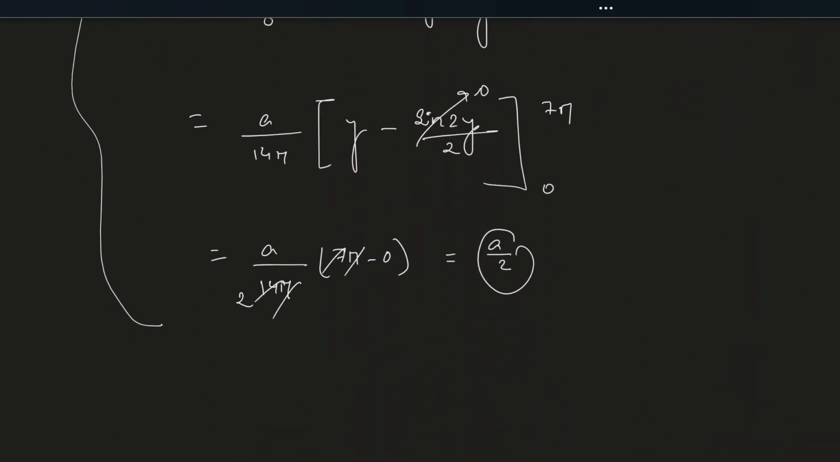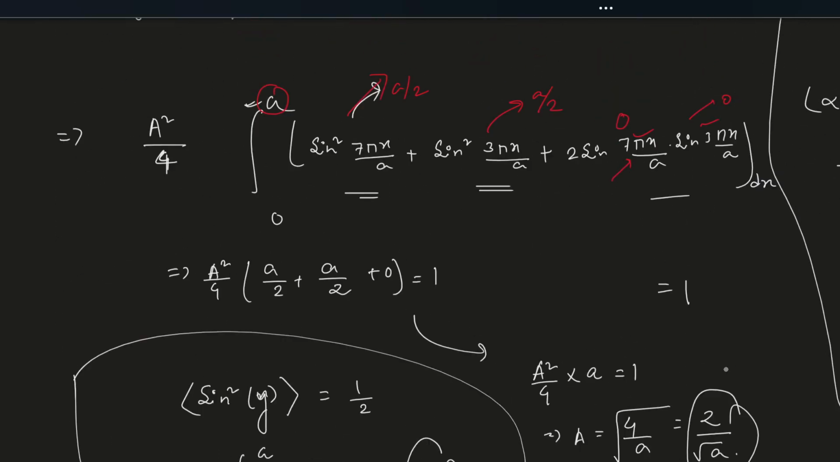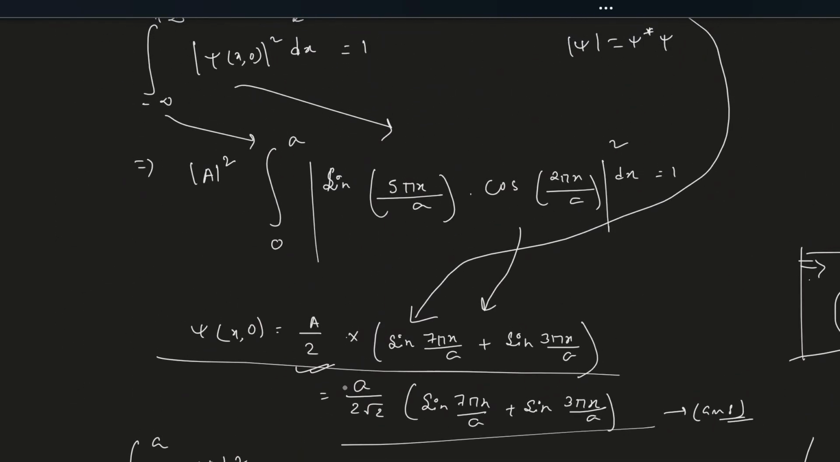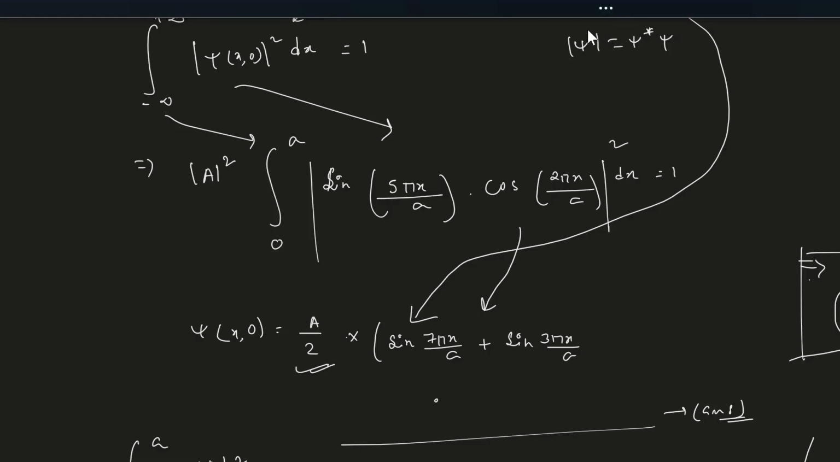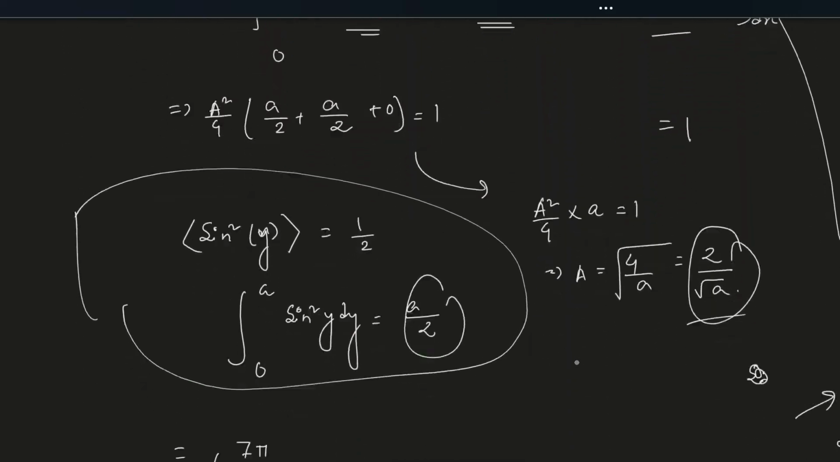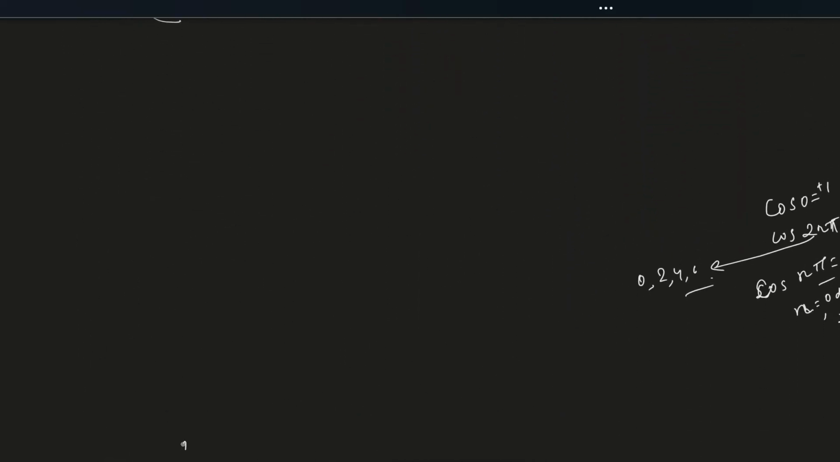Sorry, I have messed up again. So this is 2 by root over a. So this 2 comes on top and not at the bottom. My mistake, so let us redo it. Somewhere else, because it is getting too congested here. This is a by 2 sine 5 pi x by a plus 3 pi x by a, remember. So our final answer is